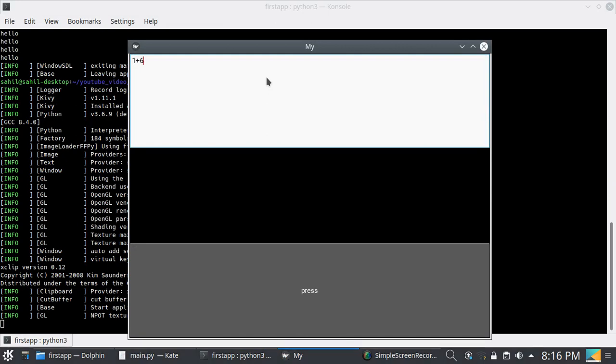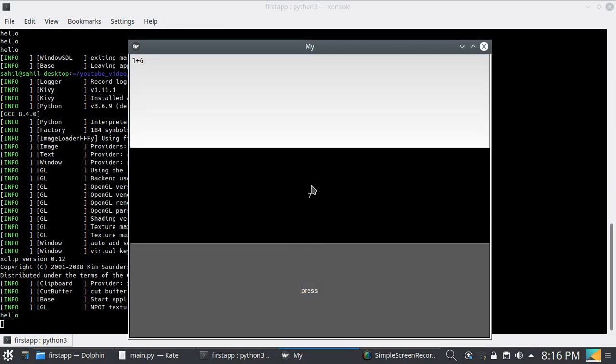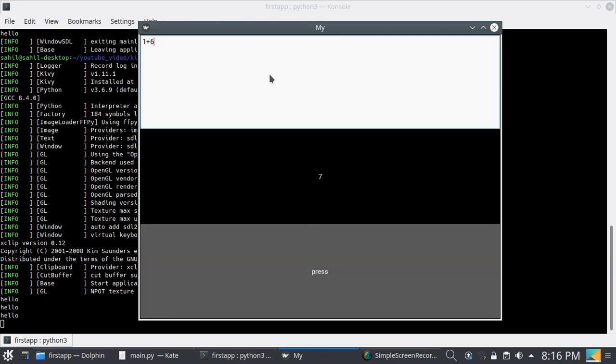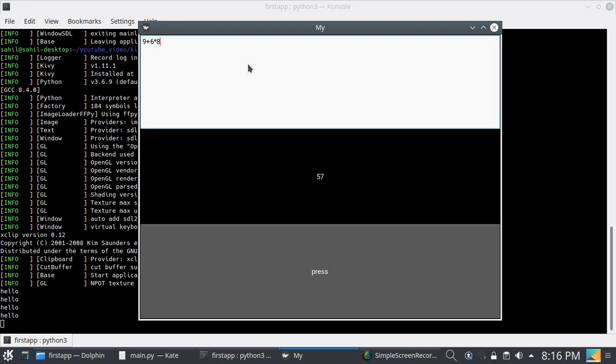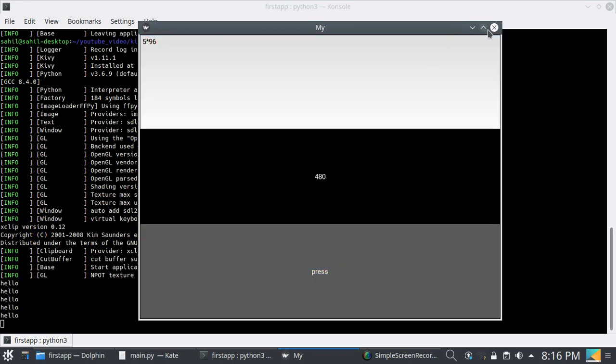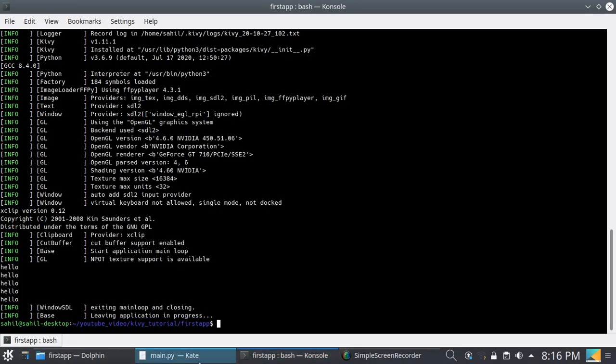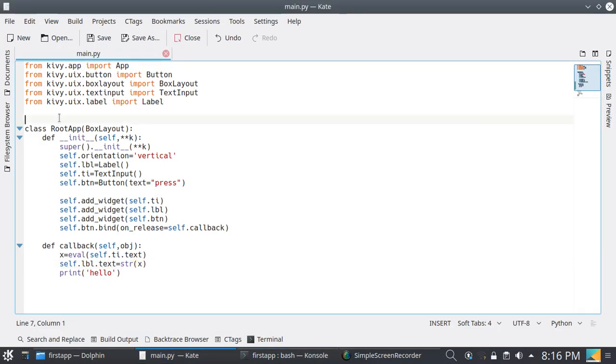1 plus 6. Here our calculator is working properly. 1 plus 6 into 8, so 57, and 5 into 96, that's it. Our calculator is working. You can call all functions from the math library of Python.